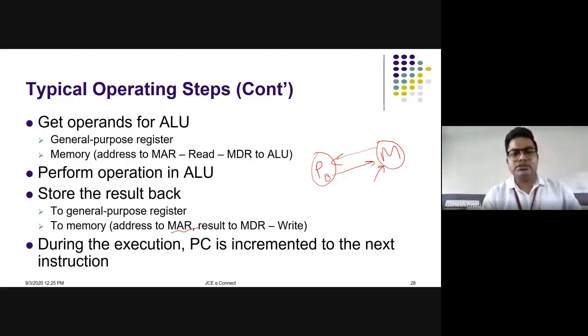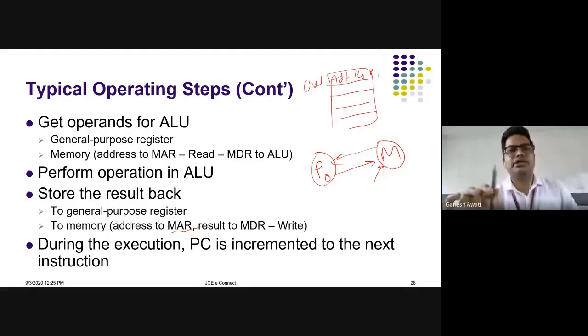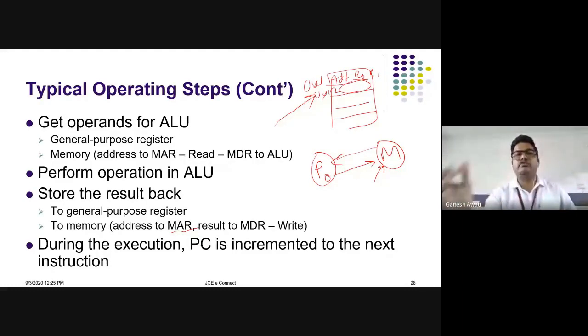So during the execution, the PC is incremented to the next instruction, because now we have executed one instruction, yes or no, which is at 0x01, which was add R0, R1. So this got executed now, yes or no? Once it has got executed, your program counter should go to the next instruction. That's why your PC, program counter, is holding the address of the instruction to be executed. So it will increment. So it will go here to 0x02. Then the next instruction will be taken. So all these steps will be followed for all the instructions.